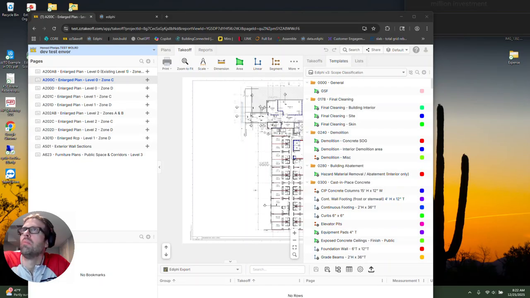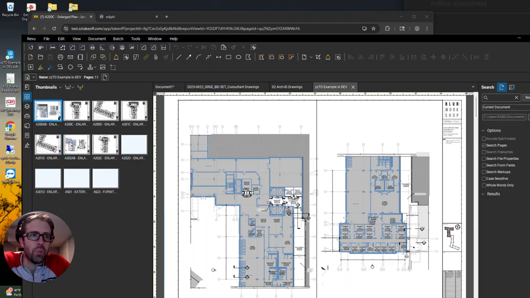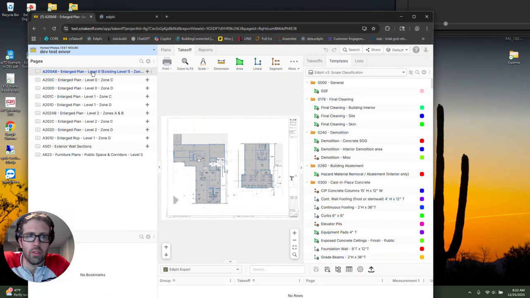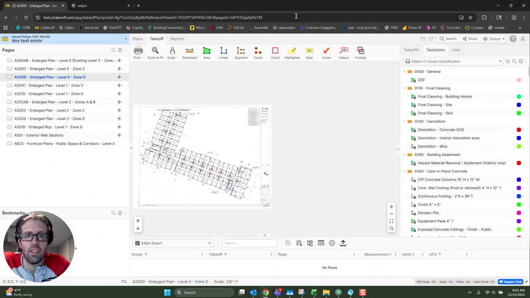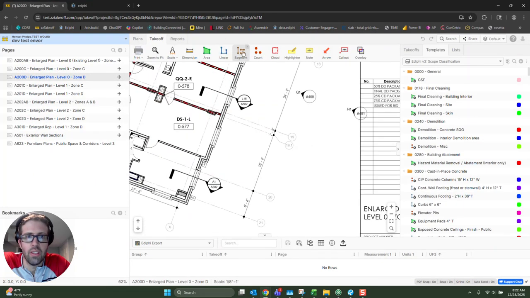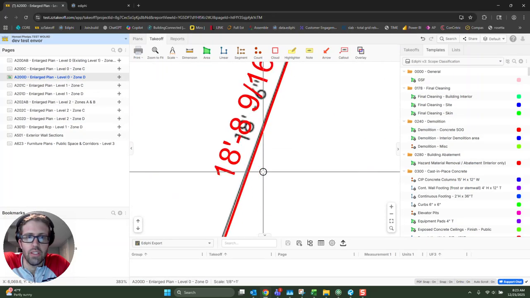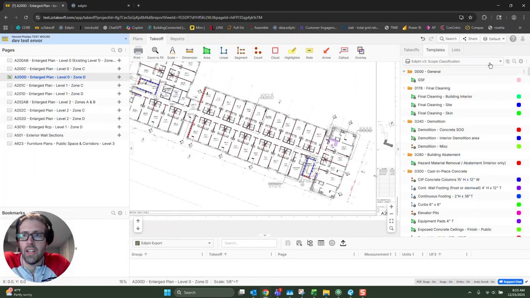So if they're not named in Bluebeam, it'll still automatically name them for you, which is so cool. And it even scales it, which, I don't know how I feel about that, but you can obviously check it with the dimensions. 18 feet, sweet. Okay, so now that we're in,